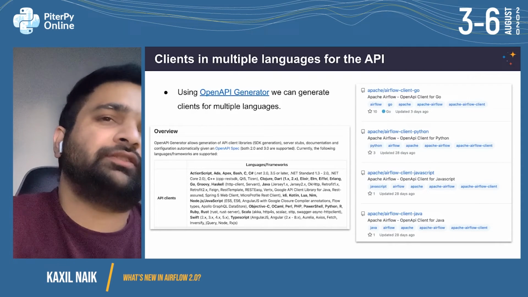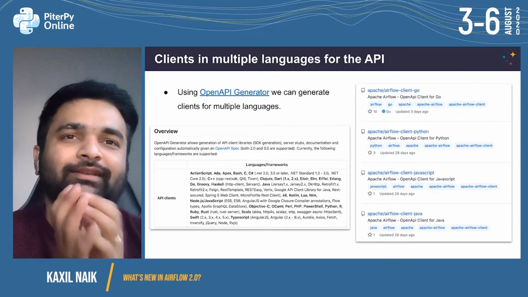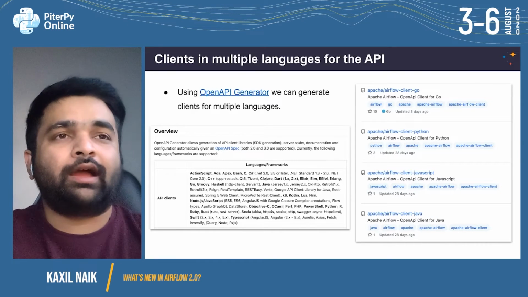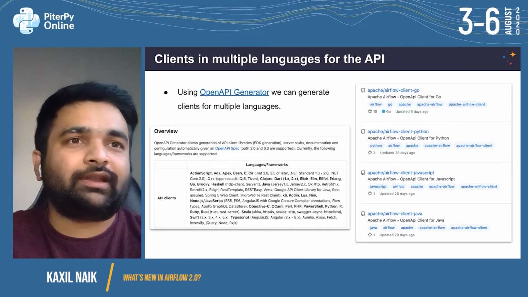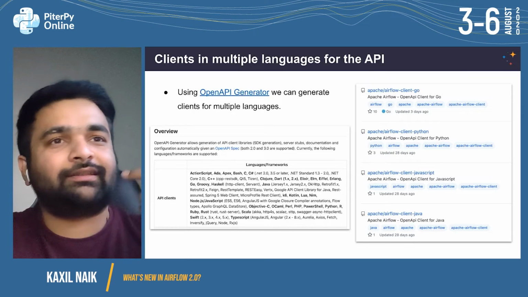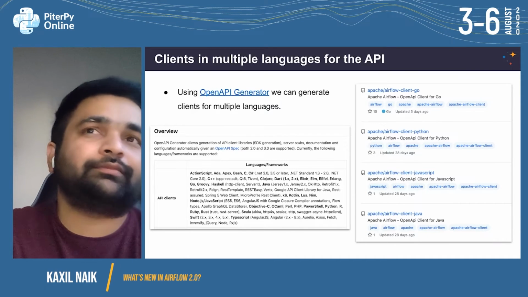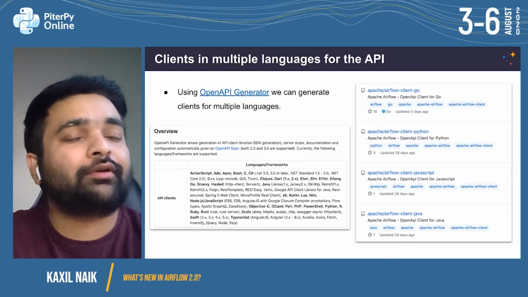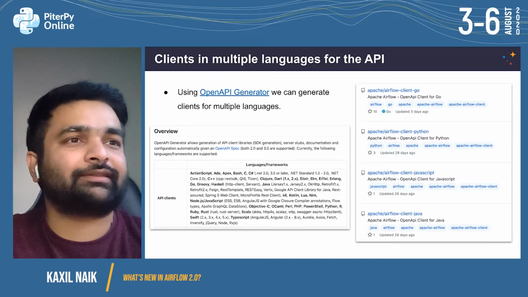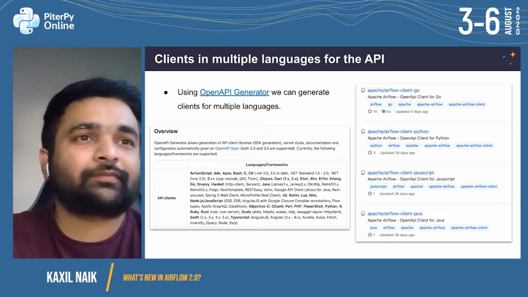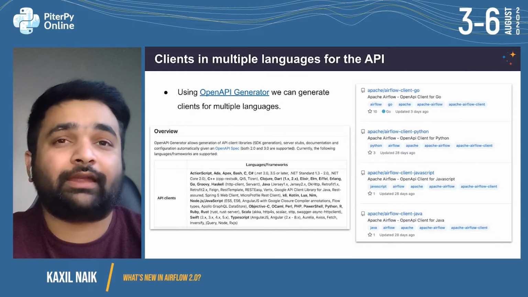One of the big advantages of using an OpenAPI compliant library like Connexion is that you can automatically generate clients for different languages. The tool shown in the slide, OpenAPI Generator, can be used to generate client libraries in Python, Scala, Java, Go. One of the committers has already started working on a Go client using this tool. And we also have repos for Python client, JavaScript, and Java. So that's one of the biggest benefits of using an OpenAPI compliant library.